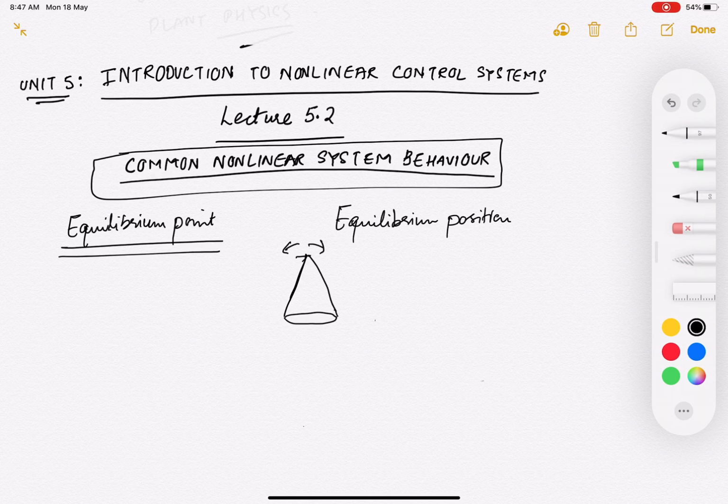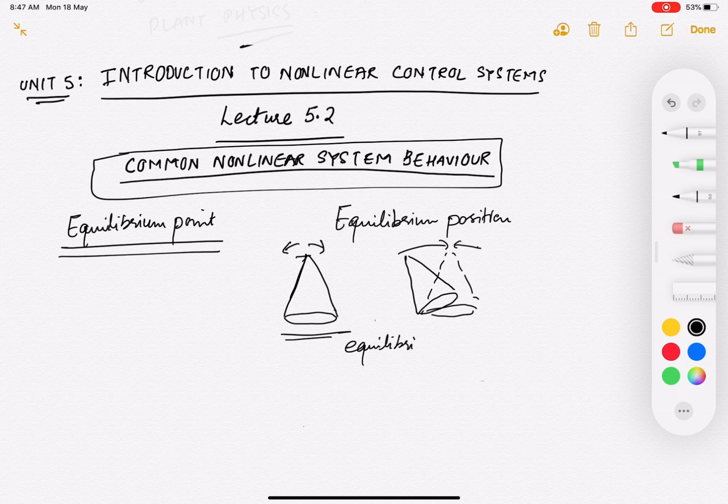And if this cone is actually in some position which is not at this, it's like this, it will go to this position. After maybe wobbling a little bit around this position, it will come back to this position and settle down there. So you used to call this position the equilibrium position,